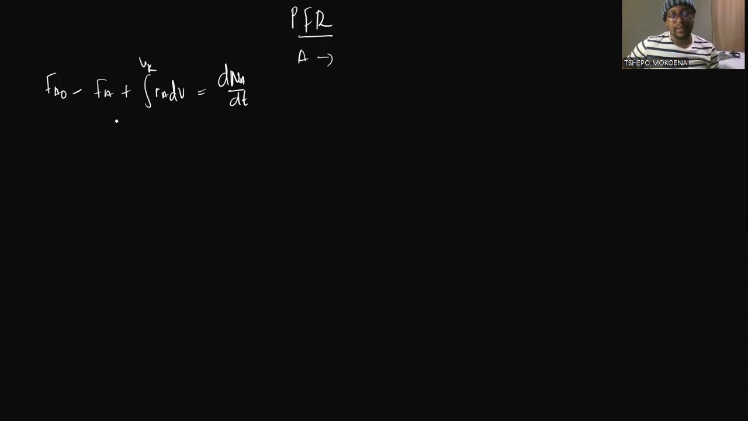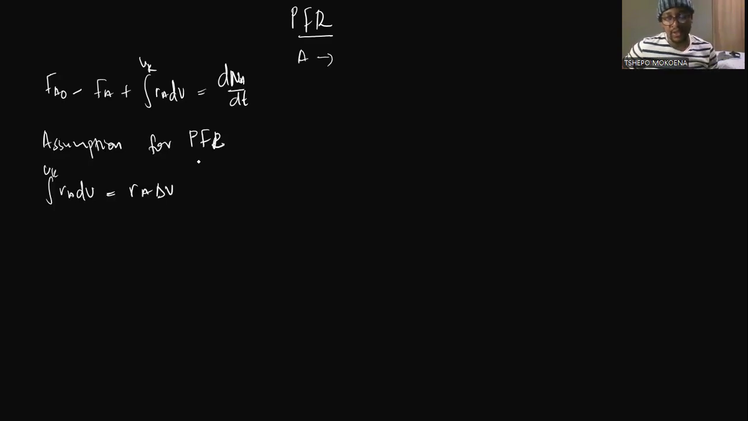So at this point, when we do the assumptions, this one's going to be a little bit different for PFR. This is what we're going to look at. We have the inflow, we have the outflow. And then I want us to talk about this: the integral of RA dV will be equal to RA multiplied by the change in volume. Here we are looking at the concentration, and we are also looking at the